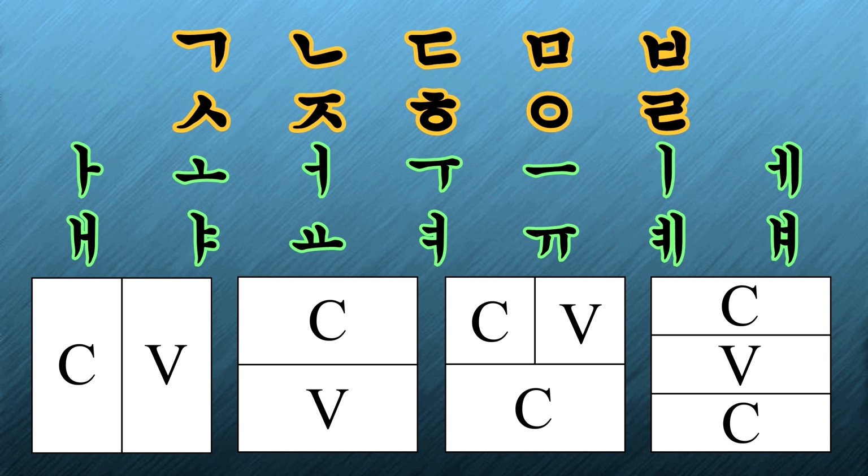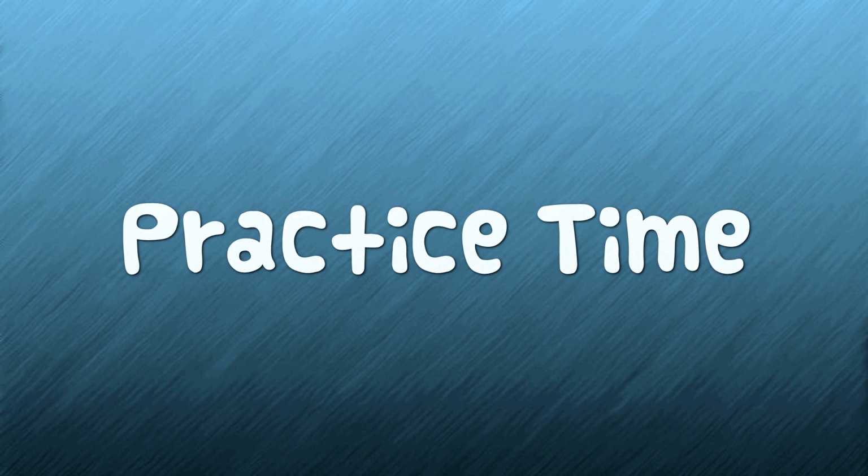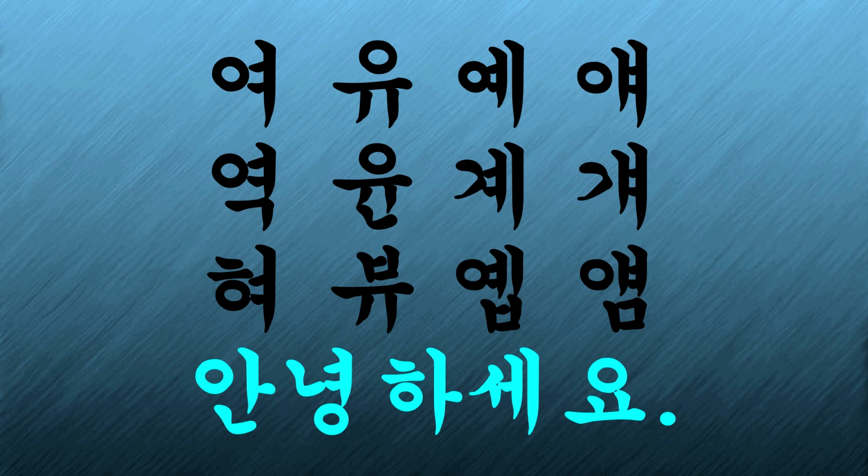So by now we've covered a total of 10 consonants and 14 vowels, and we've also learned 4 syllable blocks. So let's put together everything that we've learned and do some practice. Try reading these syllables on your own. You can pause the video here. Here are the answers. 여, 유, 예, 예, 역,